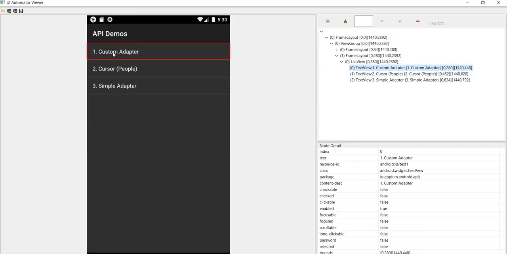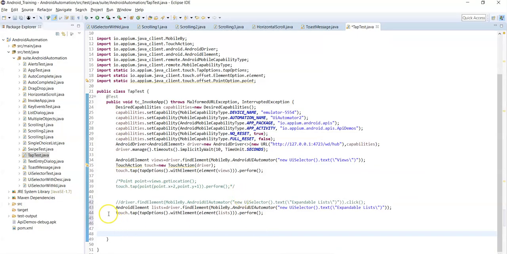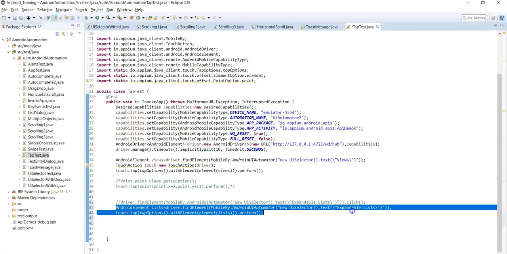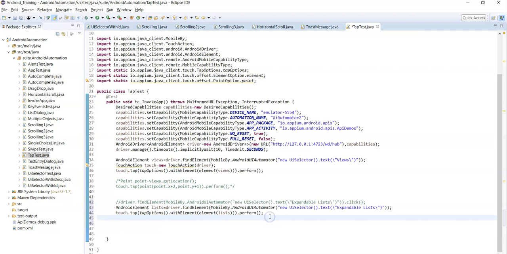Now click on Custom Adapter to find the unique locator. Here the text attribute value is Custom Adapter, and the content-desc value is 1. Custom Adapter. You can use either of these two attribute values. Here let's use the Custom Adapter text attribute value. So you can tap on that Custom Adapter.